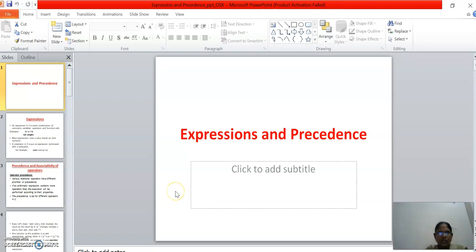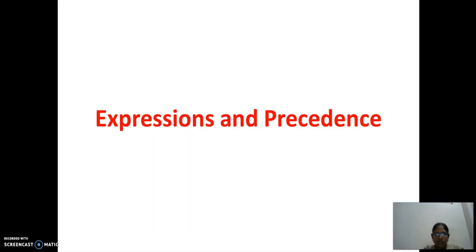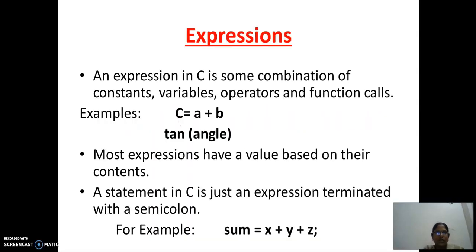Good morning, everyone. In this class, we are going to discuss expressions and precedence and how we are going to evaluate the expressions. What actually is an expression? Generally, since your school days, you have had the concept called expressions